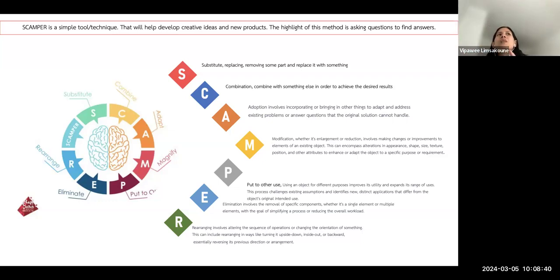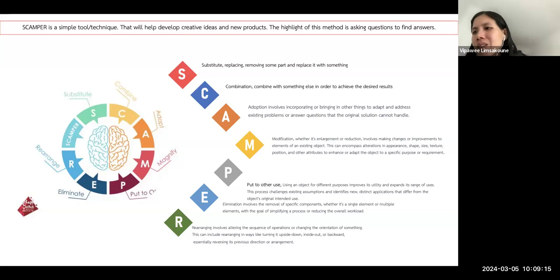For example, you may have heard the company name PTT. They work on gas and oil exploration. Some of their work needs to use drones, right? So there is a team to develop drones. Then this team could spin out to be a startup company. So that's something similar to put to other use.